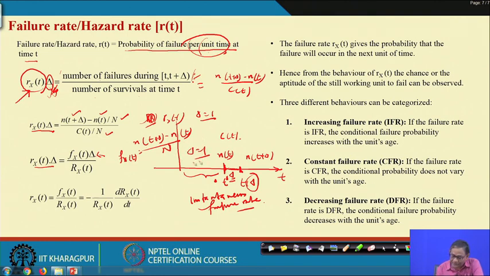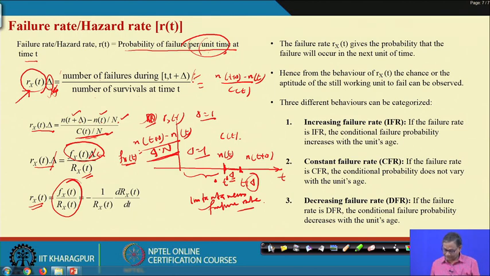But we do not know whether that delta is 1 or less than 1, but it is a positive quantity. So, if it is delta time, then delta will be multiplied here. That is what [n(t + delta) minus n(t)] by N will be, f(t) into delta. That is what is written here, and this one is R(t), the reliability part we have discussed earlier. Now, this delta and delta will cancel out.